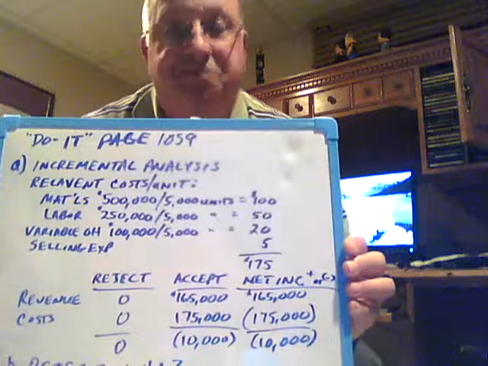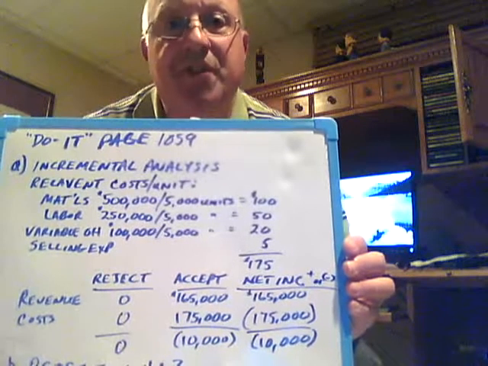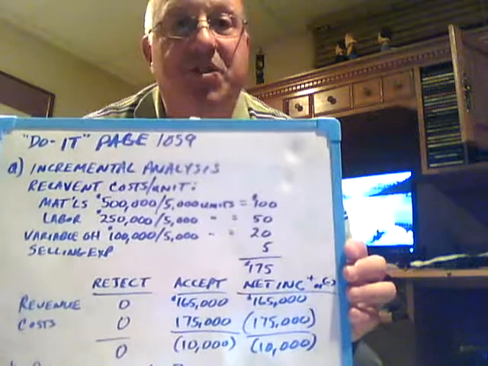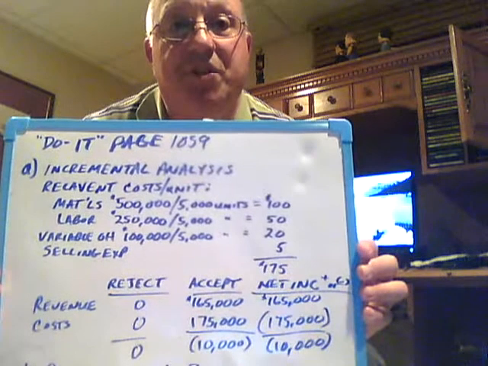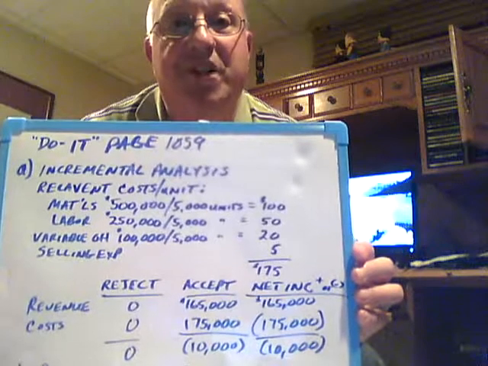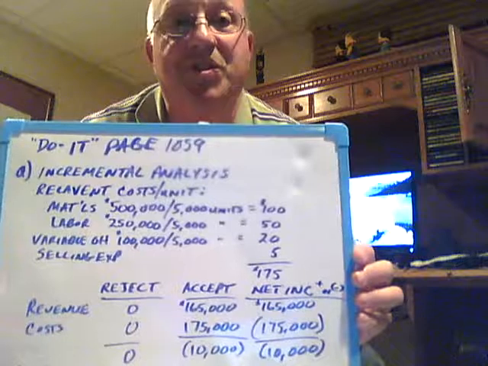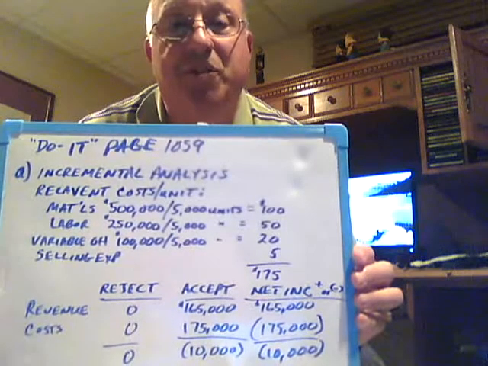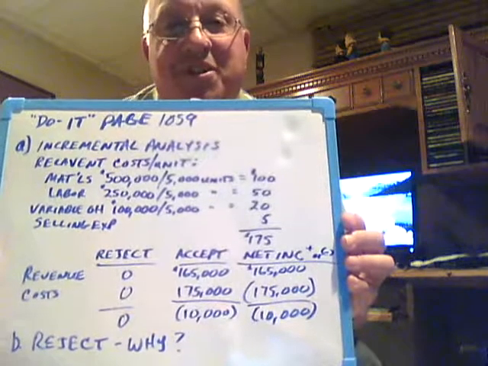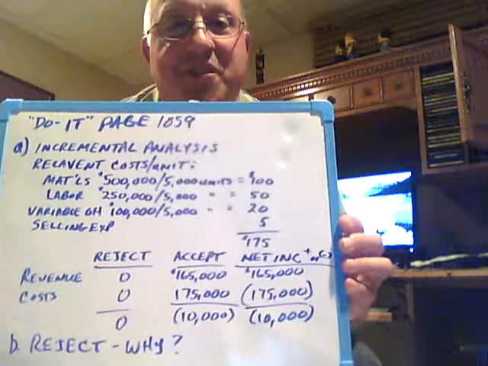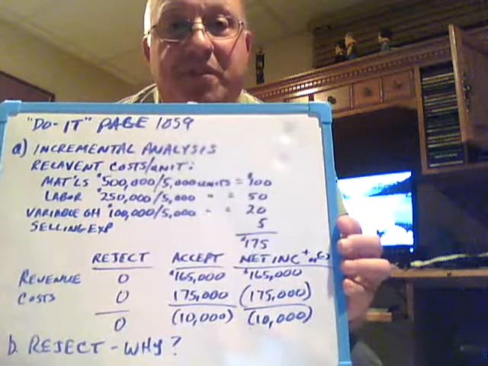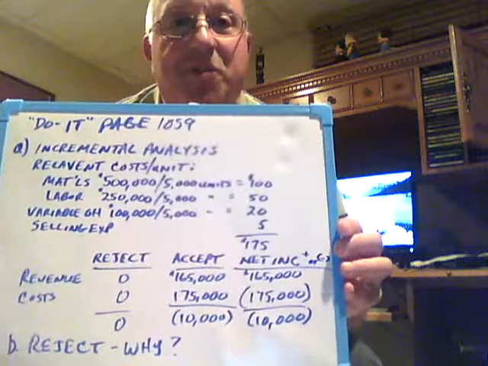And again, when your relevant costs are such that they're going to exceed on a per unit basis the selling price that's offered by someone in this special offer type situation, you're going to reject it, because the impact on your net income is going to be negative, as it is in this case. We lose $10,000 to the bottom line, so it doesn't make any sense to accept this offer. So we're going to reject it, because overall, with the relevant costs considered, it decreases our net income. So hopefully everyone gets that.